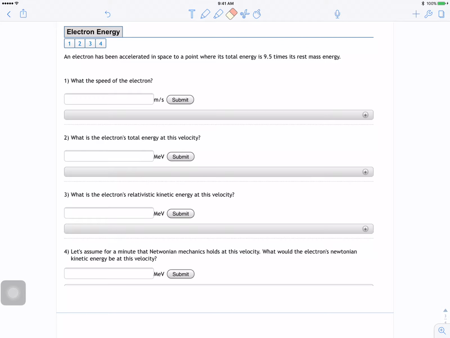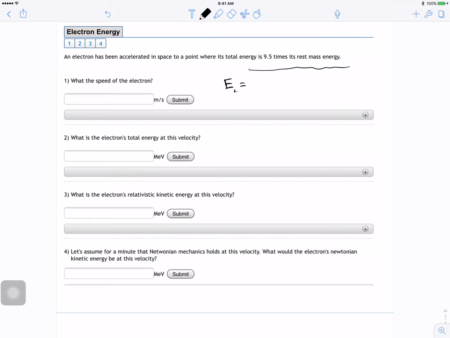Today's problem is the electron energy from relativity. An electron accelerates through space to a point where its total energy is 9.5 times the rest mass energy. They want to know the speed of the electron. Since the total energy is 9.5 times its rest mass energy,